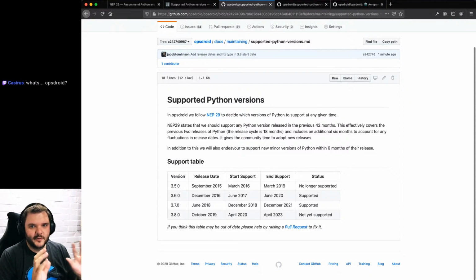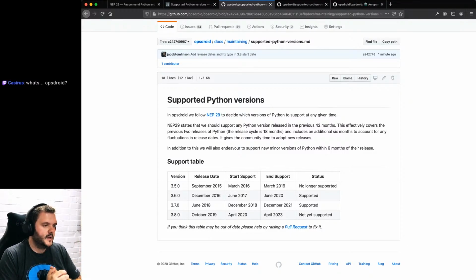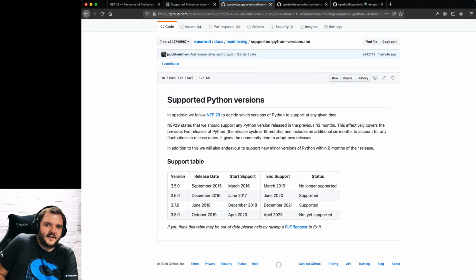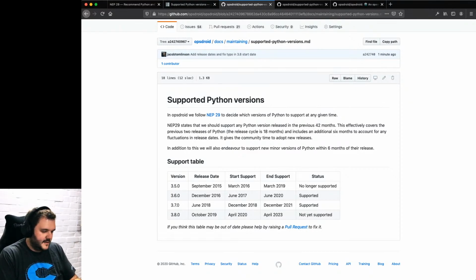So right, I've got my support table, which is kind of where I wanted to get to. Now we're dropping Python 3.6 support in June, and we need to. We've already started 3.8 support. We kind of just need to keep track of these dates, but they're so far apart that it's easy to forget, right? It's like renewing SSL certificates. You schedule them out so far in the future that you basically forget that they are going to expire. Sorry, I just want to get my chat open on my phone so I can see it.